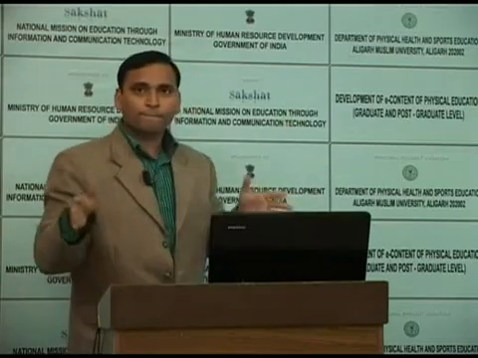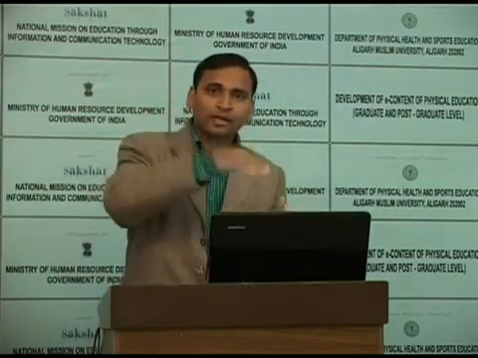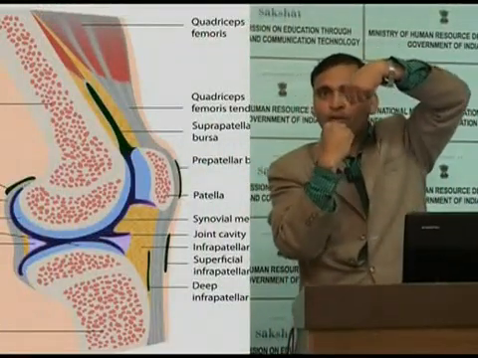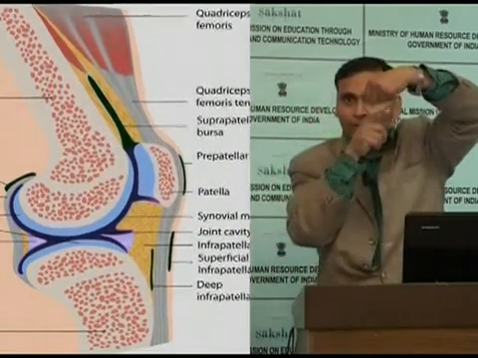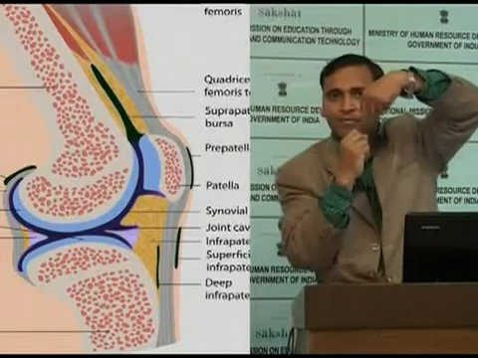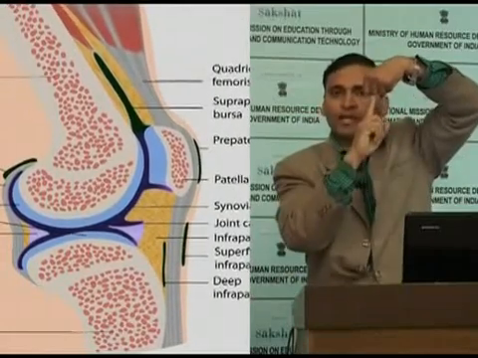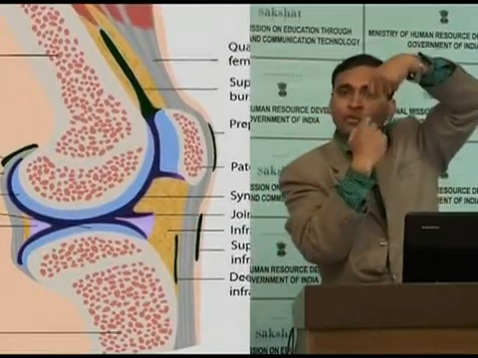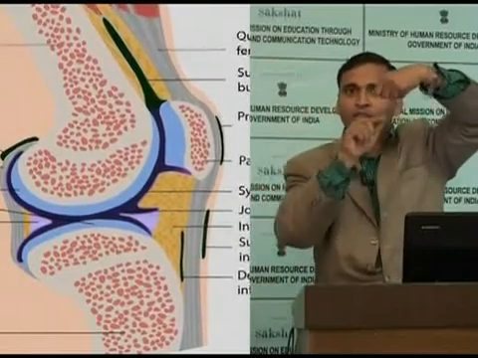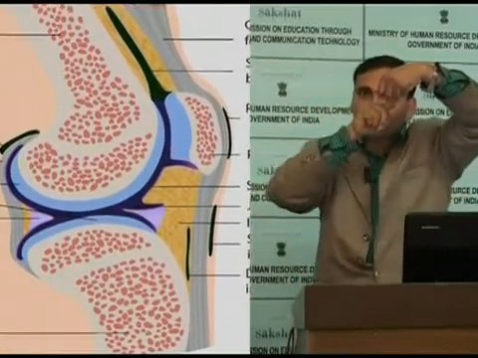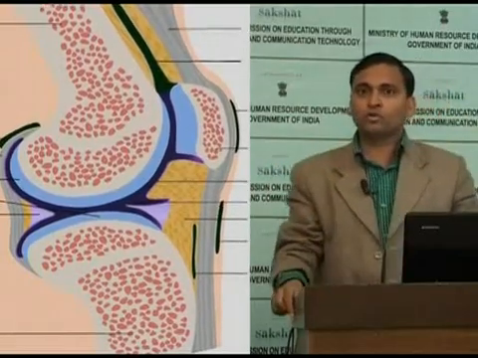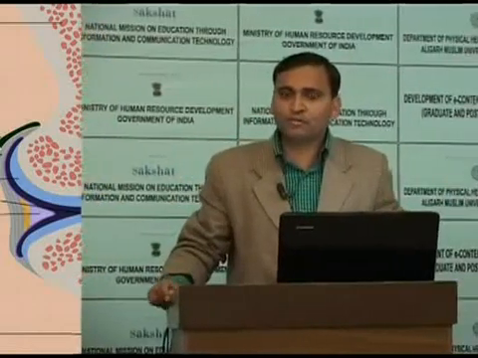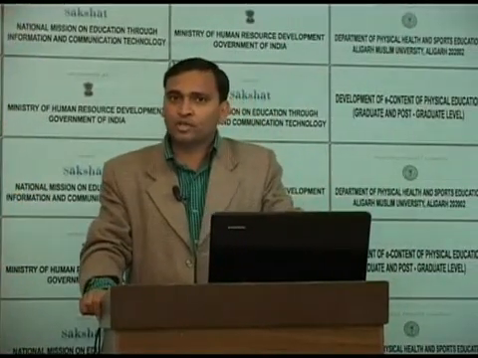As you can see in the diagram, I would like to again explain all three. In the first, suppose this is the joint. In the weeping out mechanism, if you apply load, the fluid will come out in all planes. Whereas in the boosted mechanism, when you apply load, the fluid will go in the opposite direction over the contact area. But third is squeeze film. In squeeze film, they again say the fluid will come out in space, but not in all areas. The fluid will come out in space, but only in those areas which are going for maximum contact. So this mechanism also explains the joint lubrication or weight bearing capacity of the joint even in static posture and dynamic